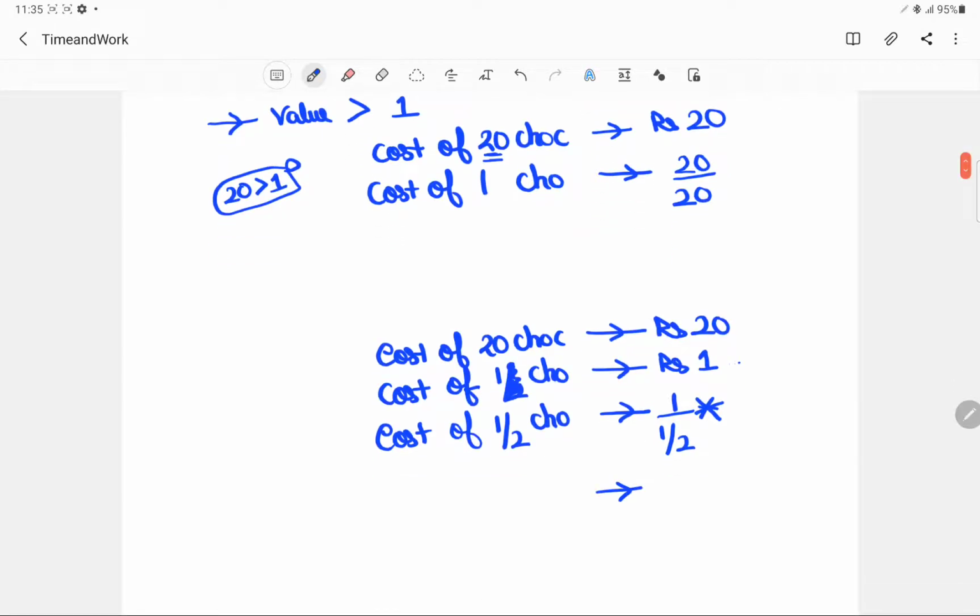So if a quantity is less than 1, if a value is less than 1 and you feel that it will reduce, then instead of dividing, you will multiply. People generally make mistakes in this. That's why I'm clarifying it again and again. If the value that you want to calculate is less than 1, and you feel that whatever is the result should be less, then see this,